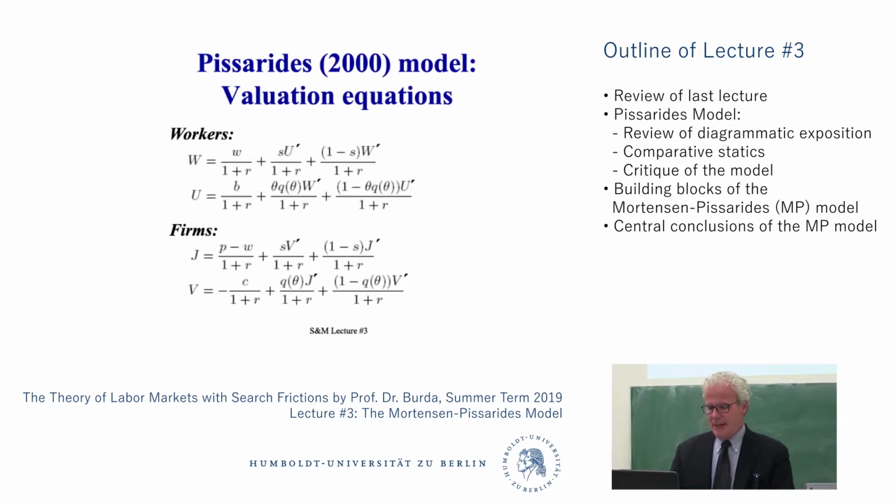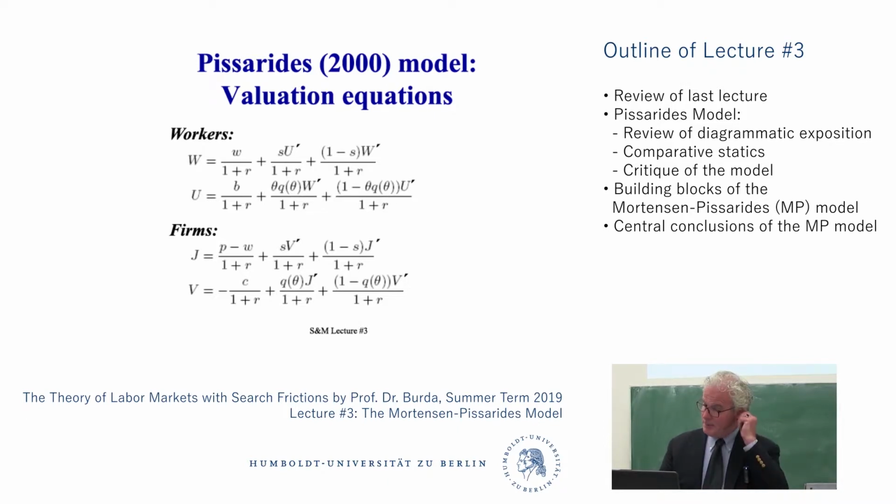And these assets are defined using the capital letter convention. I'll use the same convention when I talk about the Morton and Pissarides add-on, basically capital W, U, V, and J. So you have two agents, workers and firms. You have two possible states, so you've covered the space of possibilities. Right? Just to remind yourself, please stare at these equations for a second. Okay, so U prime is the future value of unemployment. With probability S, you lose your job. With probability 1 minus S, you don't. Okay, so you're not leaving the labor force in this model. This is a two-state model.